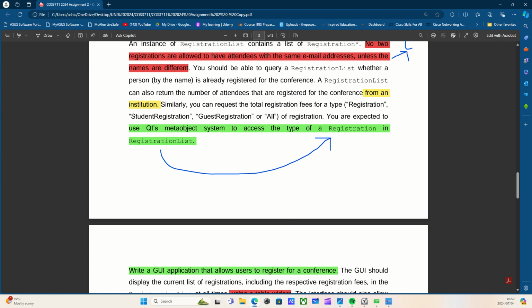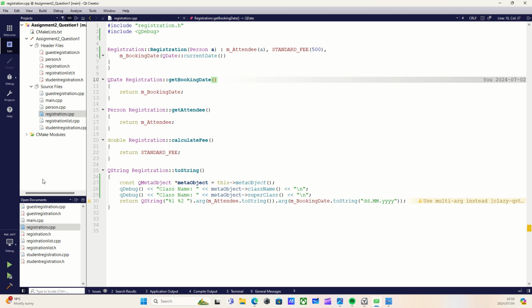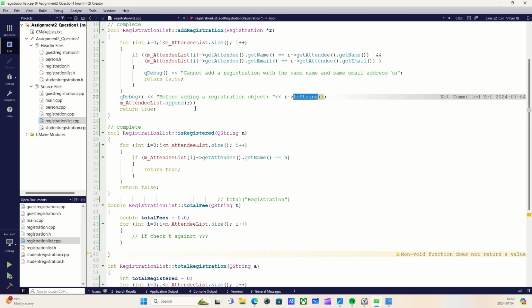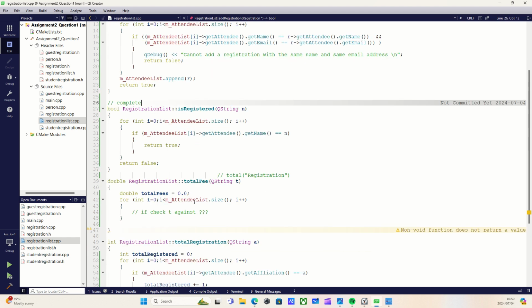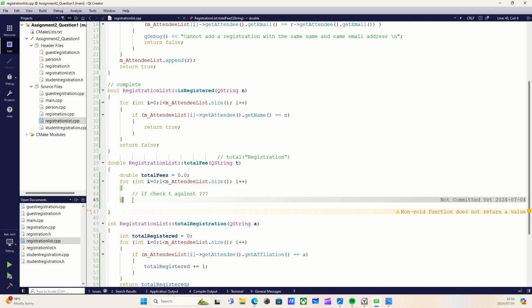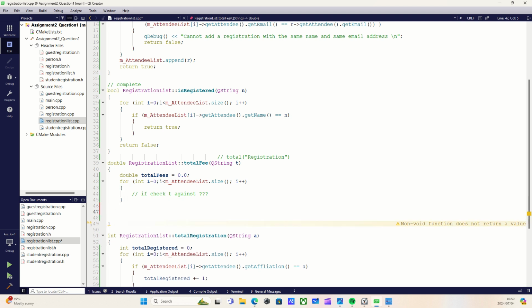There is one more thing that I can try off the top of my head. I can go into registration list. I can get rid of this. I don't need that anymore, just to confirm that it works to some capacity. I can go to total fee. I'm just going to return total fee for now, okay? Total fees, I'm just going to do that. And then I can say